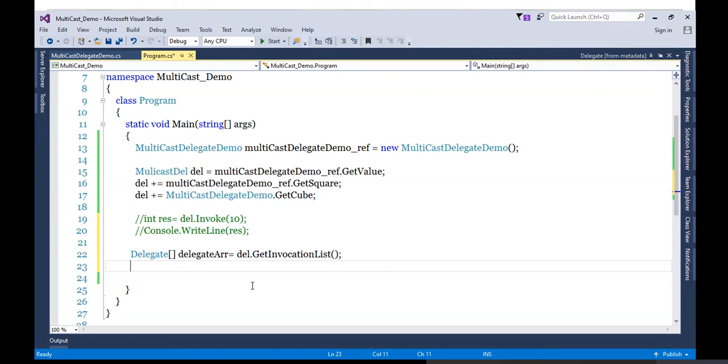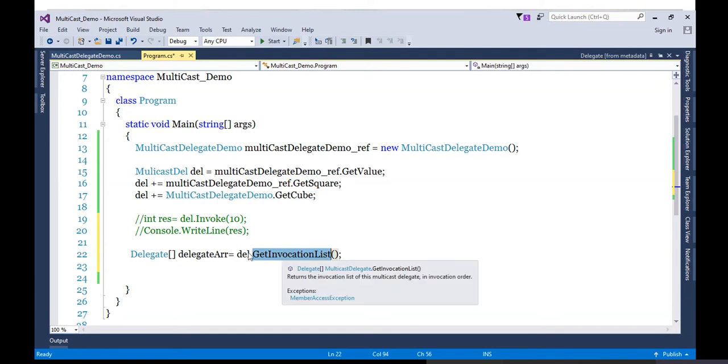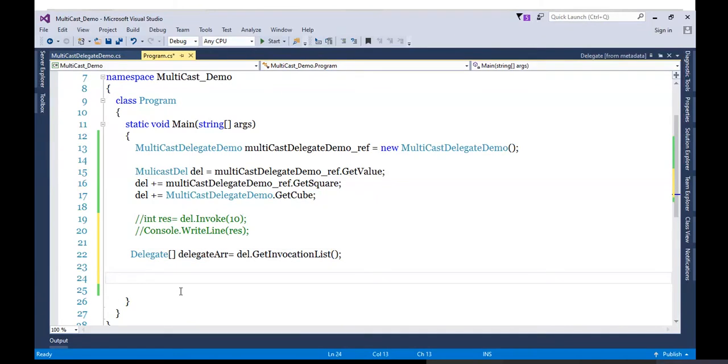Now let's go ahead and try to access each method using this array. Think about our method. What is the type for our method? This one, MulticastDelegate. Why so? Because right now this delegate reference is pointing to all the methods. So what is the type of del? It is MulticastDelegate. This is the type.